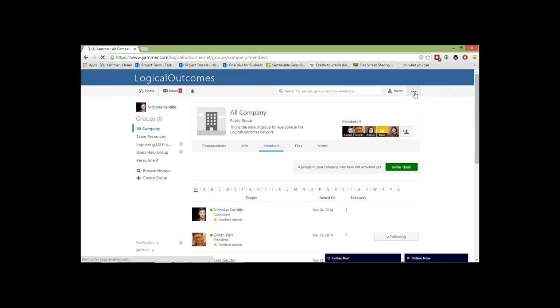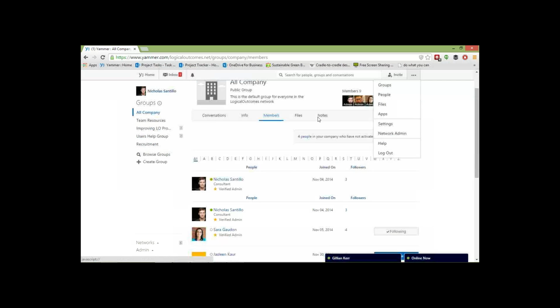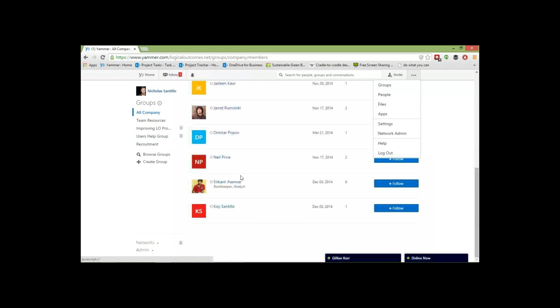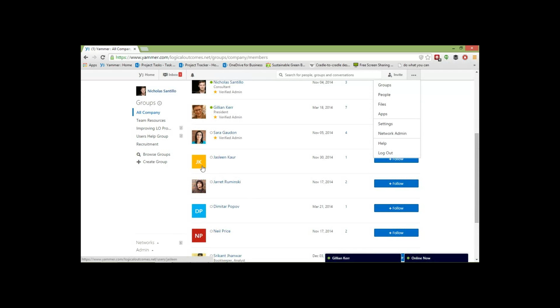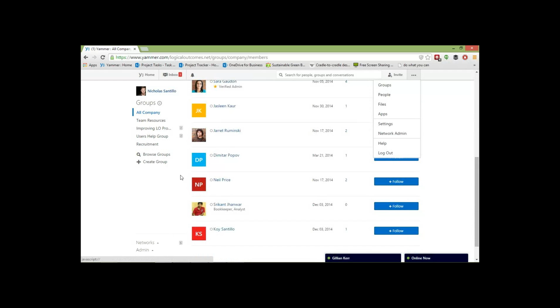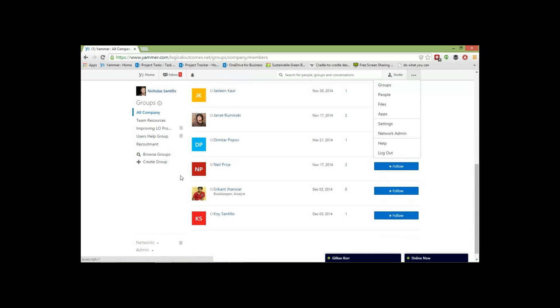When I click it, it opens. So I can click here and find people as well through that. And everyone who's part of Yammer right now will be in here. Now, what we see is some people don't have pictures and some people do. For the most part, what we'd like to do is have people sign up with their information, because if I